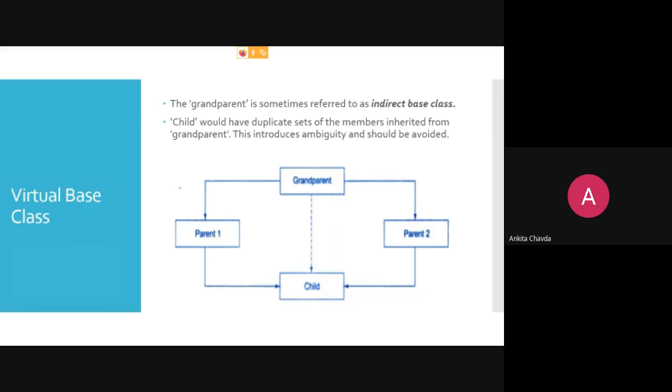But here what will happen? Parent 1 and parent 2 both are getting the same features from the grandparent, right? Say suppose in grandparent you are having 5 variables and 5 functions, and it is publicly derived, so they all are public. So all those features will be there in parent 1 as well as in parent 2, right? But here the child is getting that actually 10 plus 10,